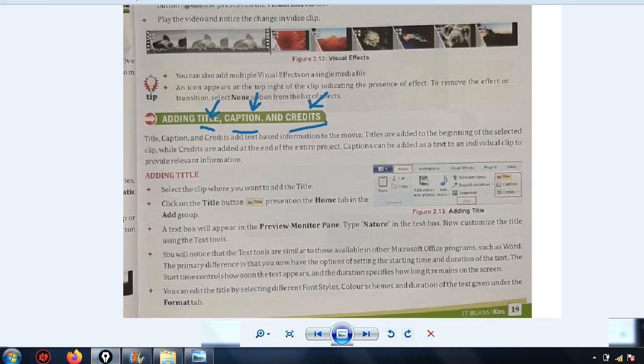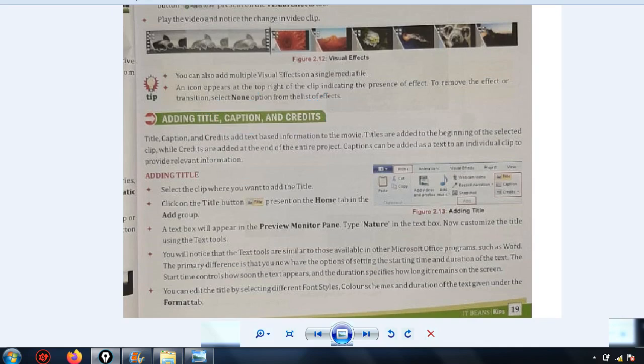And captions are when in the middle of the movie any text displays, like 'no smoking is injurious to health', such a statement displayed in the middle of the movie is what? Caption, right? So how all these things are displayed on a movie, we will see.